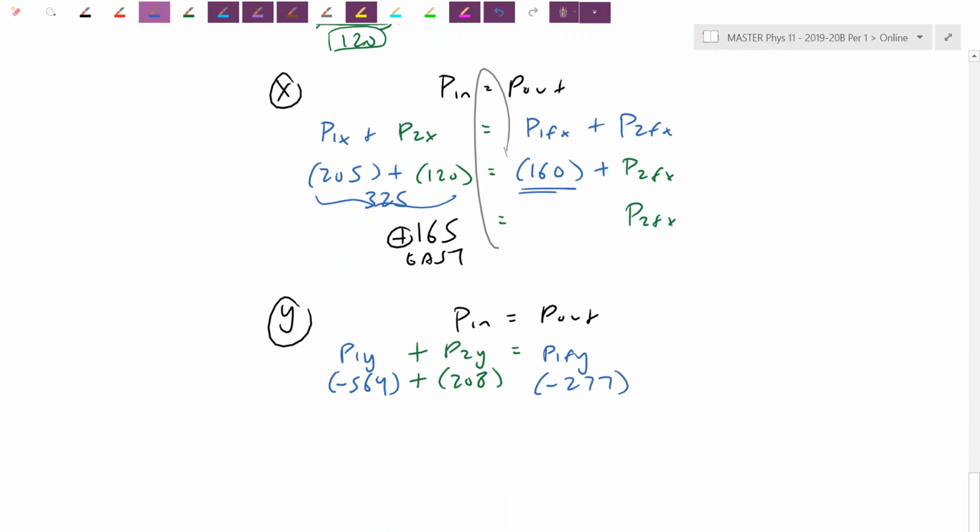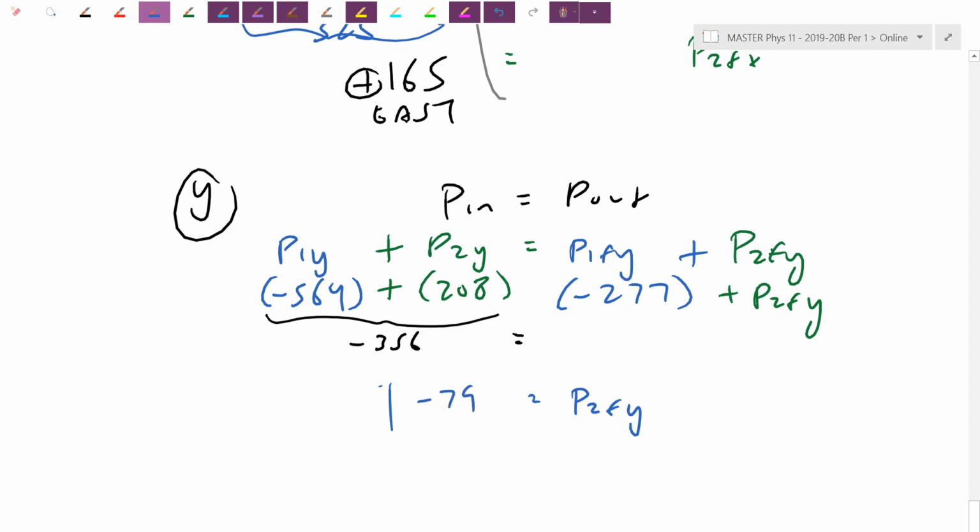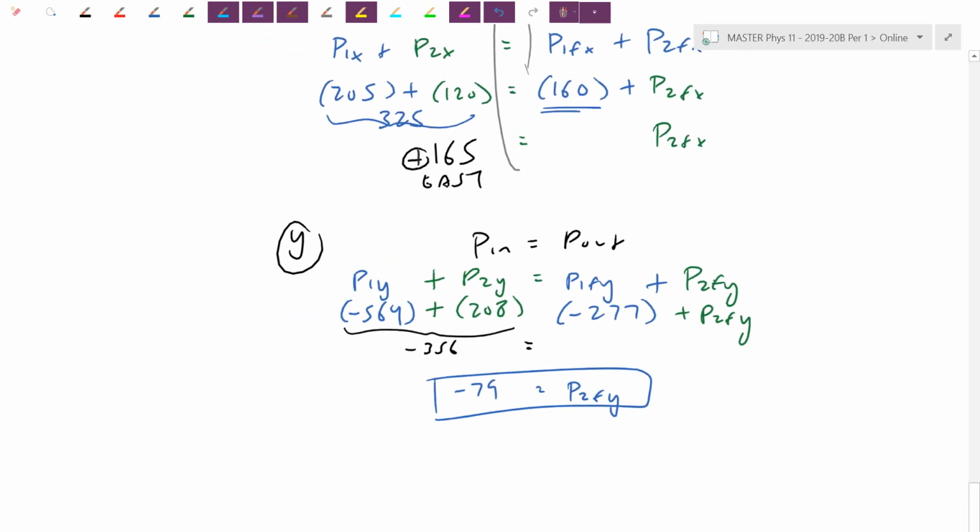And then we're figuring out, for momentum to be conserved, how much should this green skater take away with it? Practically the same thing, but I'm just figuring out what is this unknown P2Fy. If I take 208 minus 564, that was my earlier, I had gotten negative 356. This has to equal the negative 277. If the first skater already takes with it negative 277, I just add that 277 over, and therefore P2Fy is negative 356 plus 277 equals negative 79, and that's going to be your momentum in the vertical